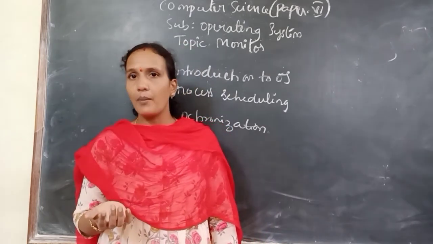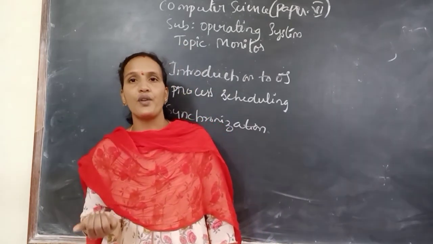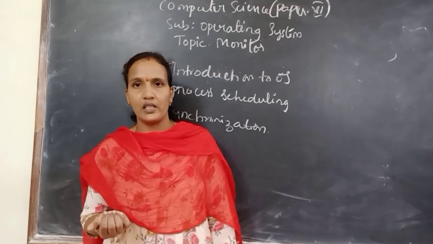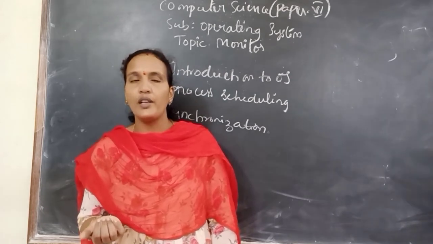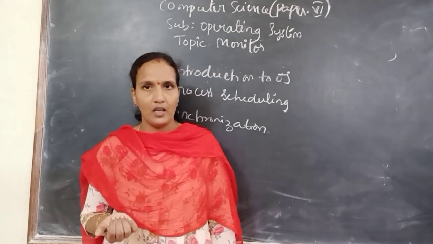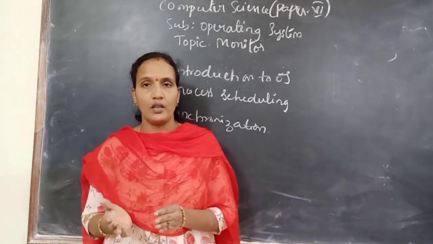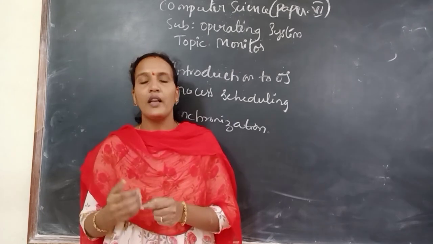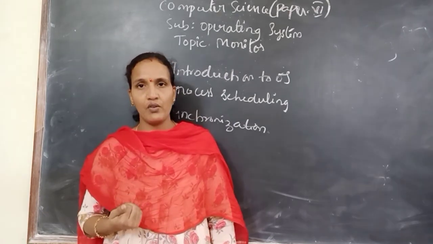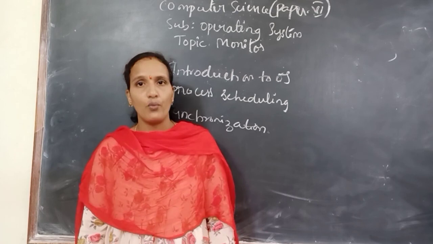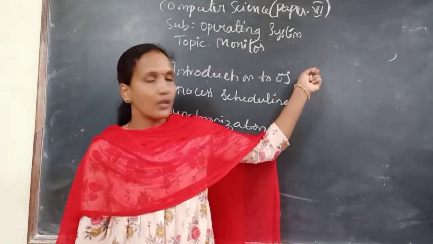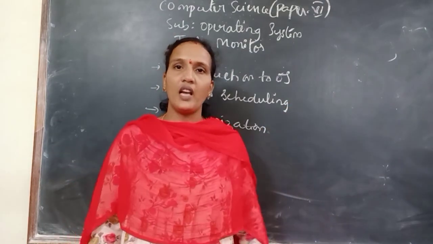This is because the monitor concept provides mutual exclusion. What is mutual exclusion? Only one process can be in the critical section, meaning only one process should be in execution. If one process is executing, the remaining processes should be in a waiting state, in a queue. In the last picture I already explained this.